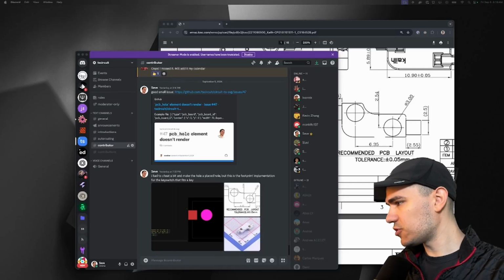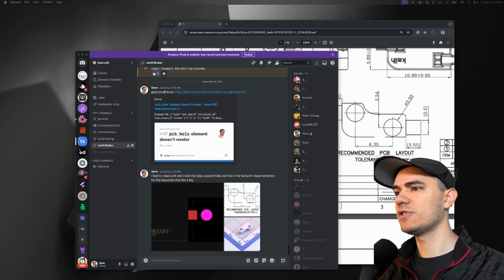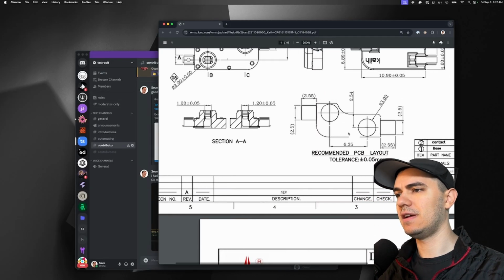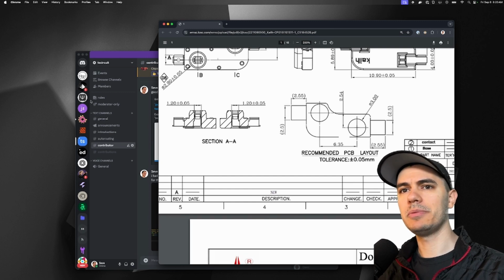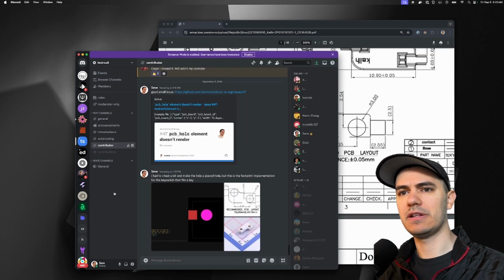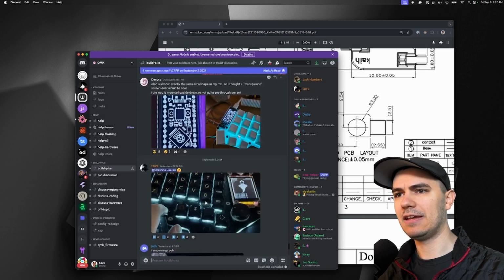Okay, another dev stream. Let's get started. We're still trying to get this keyboard made. I could probably find an example very quickly of what this looks like. If we go to the QMK Discord,